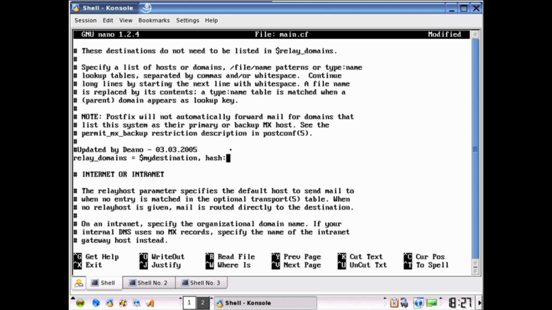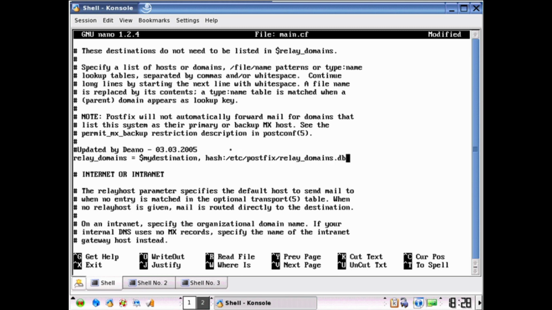So the hash is the type, and the actual file, which we've yet to define, we'll specify that it resides in /etc/postfix with the name of relay_domains. We can call it anything we want. Now the initial text file that we'll define will be called relay_domains, but when we use the postmap command to compile or to convert the two-dimensional text file into a binary database representation for speedy access by Postfix, it'll contain